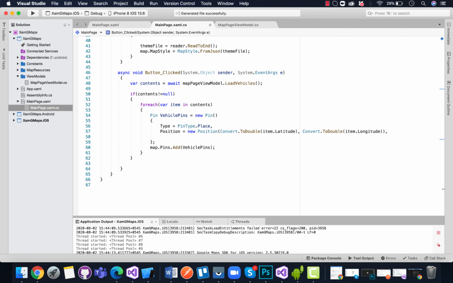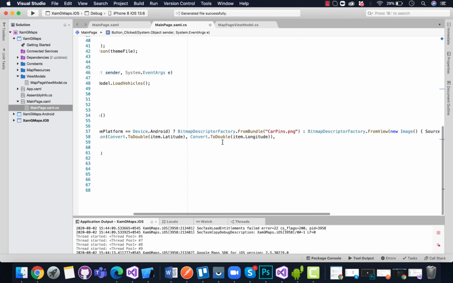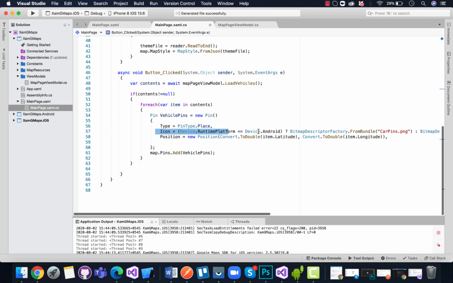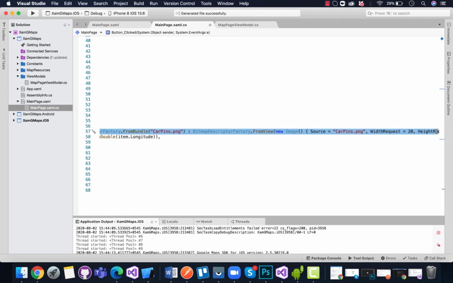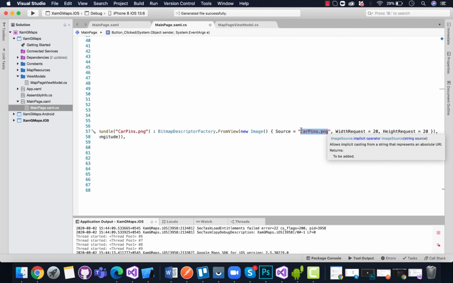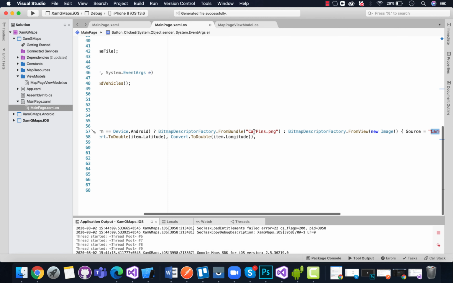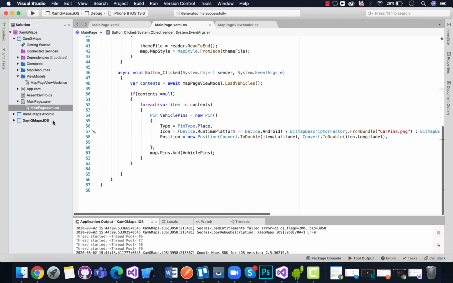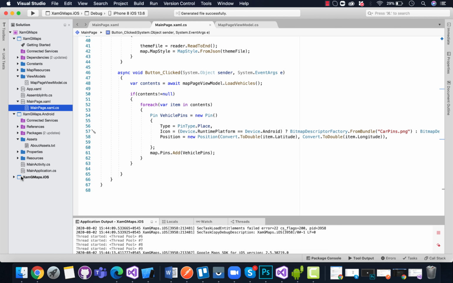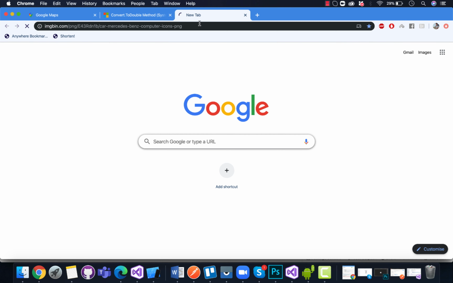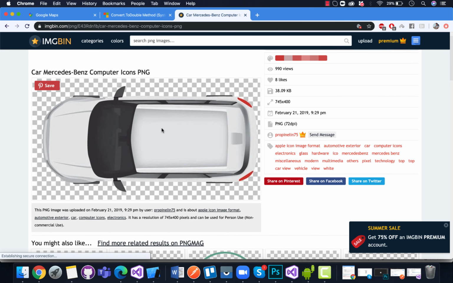So now our next step is to use Uber icons for our vehicle pin type. So this is the icon which we'll be grabbing, carpins.png from the asset folder of Android and carpins.png from the resources folder of iOS. Let's put the Uber icons inside our asset folder of Android and resources folder of iOS. So this is the link where I have taken the Uber image.